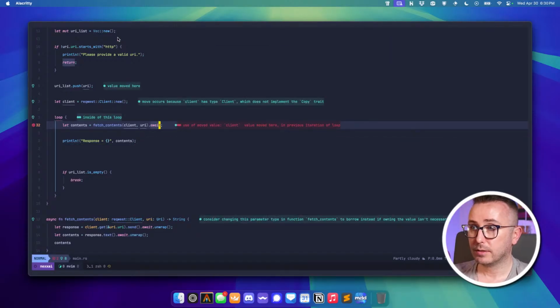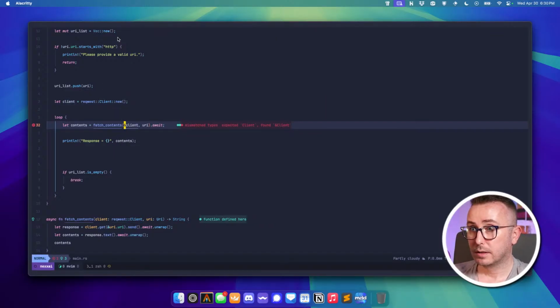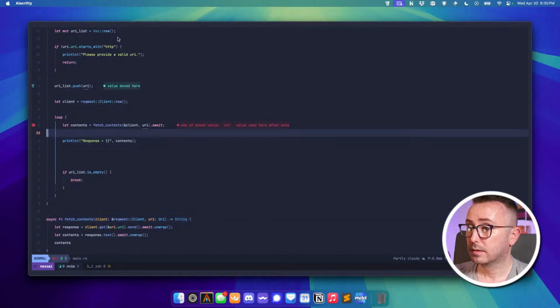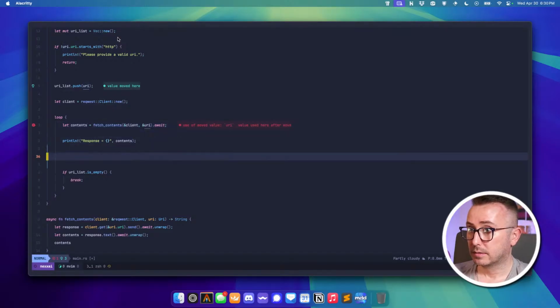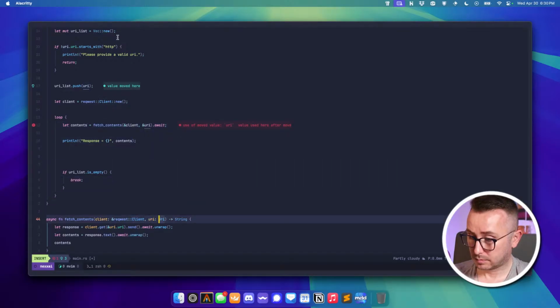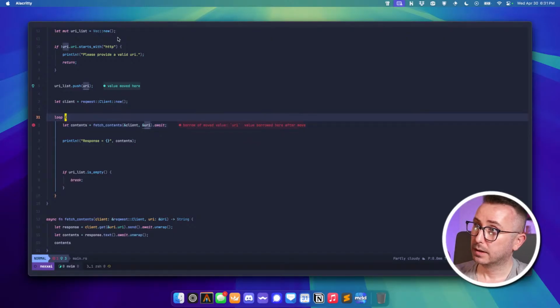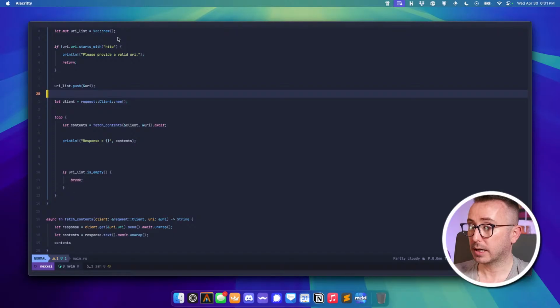Use of moved value, client moved here. So can we say client? Yes. Okay, so we want to take that. We want to do that. Borrow of moved value, value borrowed here after move. Okay, so value moved here, so we want to do that. Okay, so now